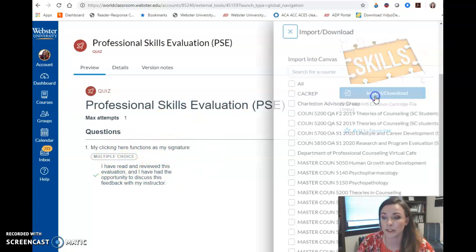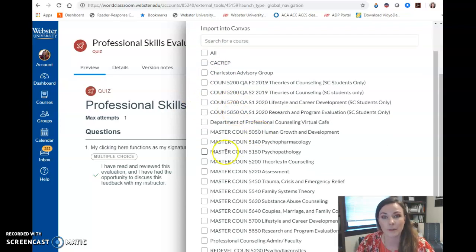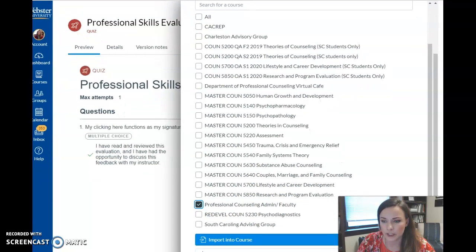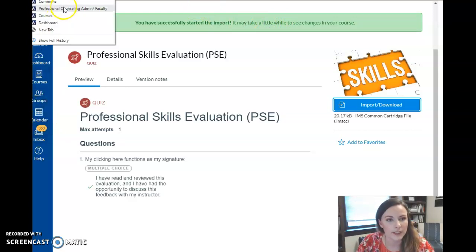You'll go to import/download and then choose the course that you want it to go to. So these are all the courses that I'm either currently teaching or previously taught. I'm going to put it into maybe our, let's see, professional counseling admin and faculty. And I better move this window down just so you can see what I'm doing here. So you select the course you want it to go to and then click import to course. And now it says you've successfully started the import. It may take a little while. Sometimes it takes a few minutes, sometimes it takes a few more minutes, but it's usually not too long. So I'm going to go back to that course